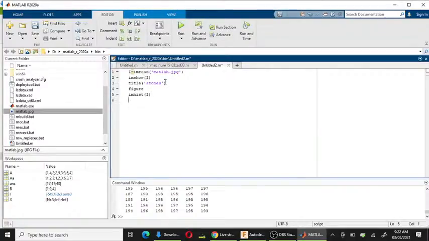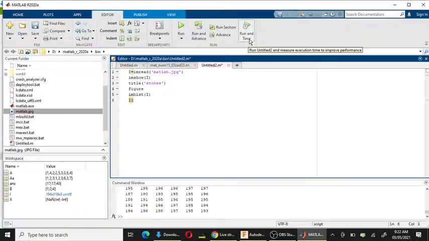Now the equalized histogram. We can use histogram equalization on the image, which adjusts the pixel intensity. So how can we write this?